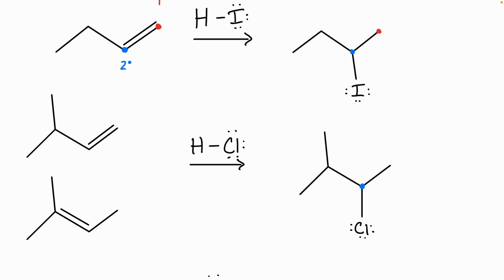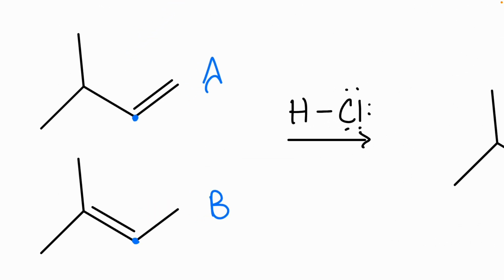All right. Both of these are alkenes that involve that blue carbon right there. But only one of them would actually give me the product that I see here. So let's see, A or B. Who thinks we should use alkene A? And who thinks B? So it's going to be A, because again, the halogen is going to go on the